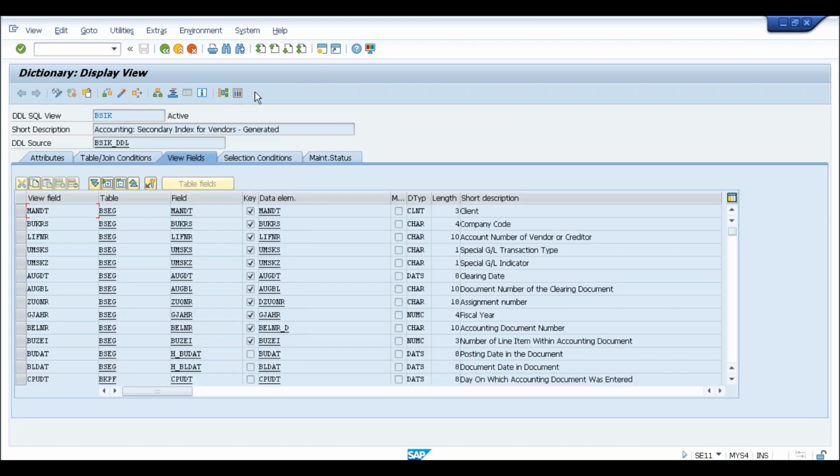But if you go here, you are not able to see all these options, and it is clearly saying these are the view fields. Which means earlier in ECC, this was available as a table. Now it is available as a view. Now that doesn't mean if I have written some code which is trying to get the data from BSIK, that will return the error. Because if I try to run this in the same way as I was running earlier,